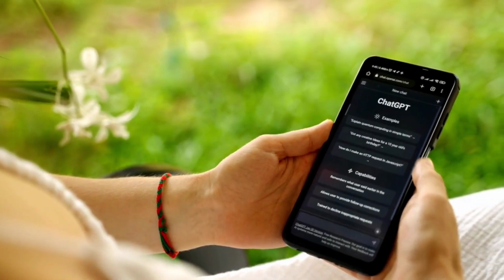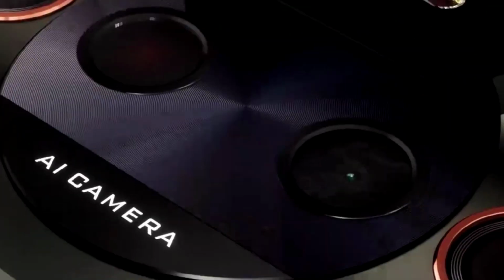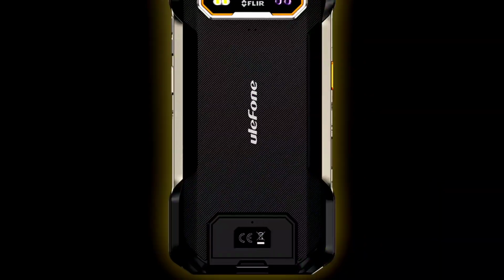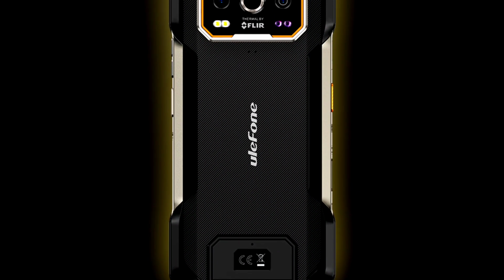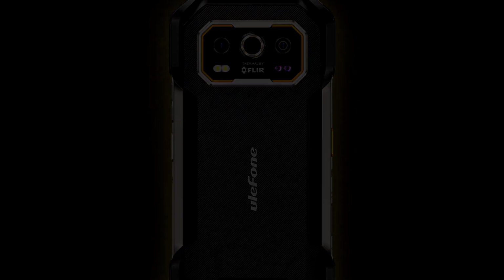The Ulefone Armor 2070 Pro versus the Blackview BL9000 Pro. Let's compare the specs, or rather the key specs of these two 5G rugged phones, and of course their prices. Now, these two 5G rugged phones have thermal sensors, which is one of the reasons why I decided to compare